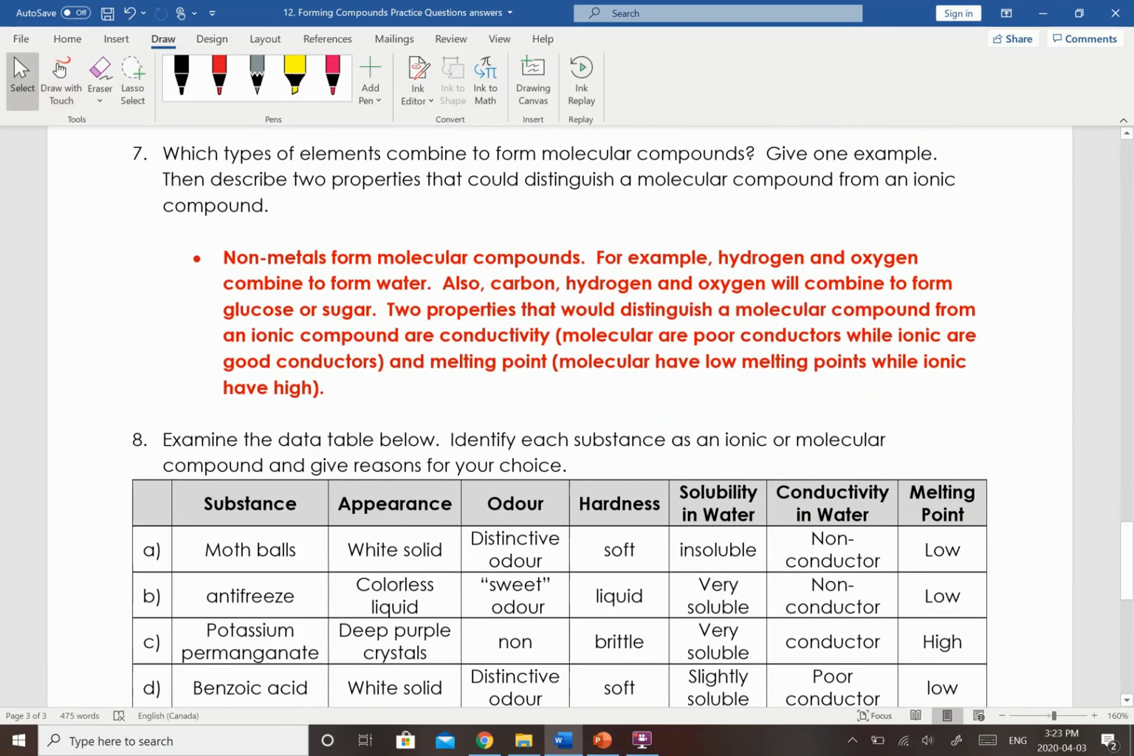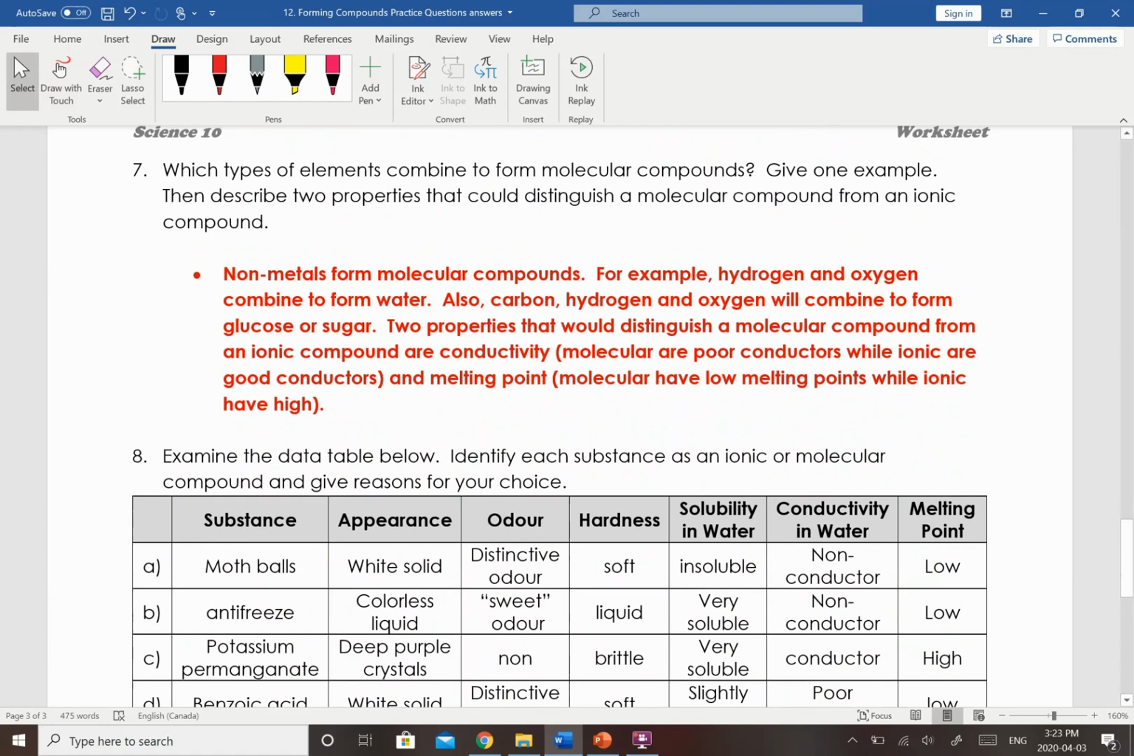All right, which type of elements combine to form molecular compounds? Give one example, then describe 2 properties that would distinguish it. So nonmetals form molecular compounds with each other. For example, hydrogen and oxygen combine to form water. Also, carbon, hydrogen, and oxygen will combine to form glucose or sugar. 2 properties that would distinguish a molecular compound from an ionic compound are conductivity, so how well they conduct electricity, and